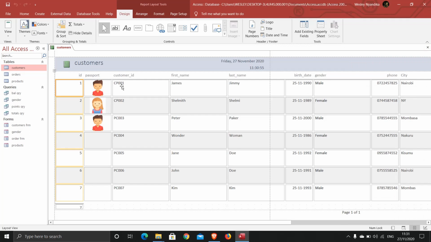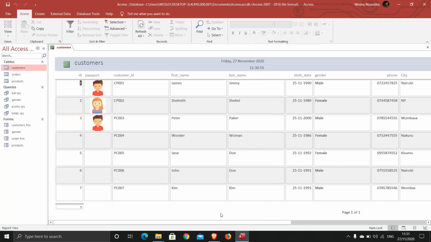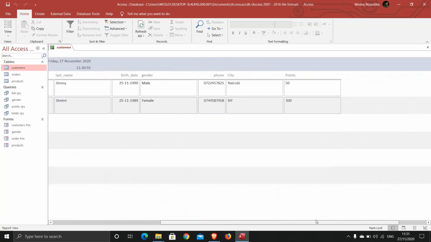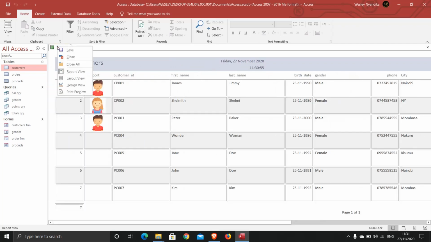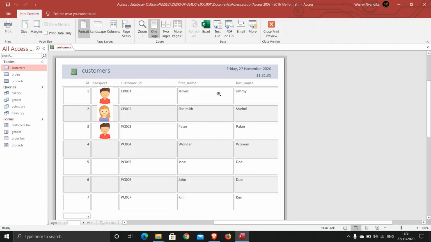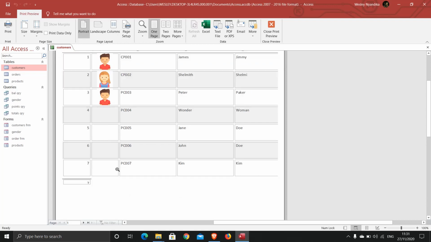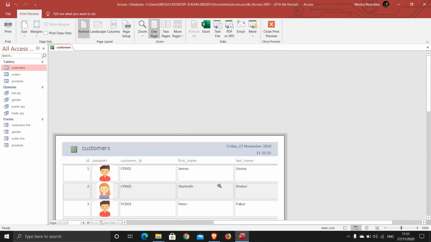Now there are things to note here. The first thing is that where you're seeing this dotted line, this is the end of the page, which means everything else on this side is cut out. So you need to sort out your report in a way that things fit on your page. So if I view this for now, let's go to Report view. This is what you get. Looks like everything is together, but if I try print preview, this is what you get. You can see this is the end of the page, so whatever is here is cut and it's taken to another page. So we need to sort out things like this.